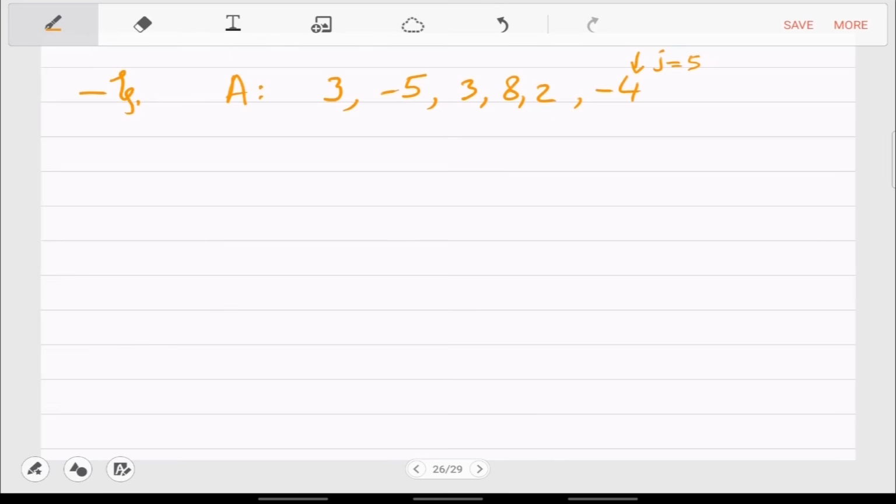So let's write down the values. Okay, let's start from here. So what is S of 0? Yeah, so S of 0 is 3. And what is S of 1? Yeah, so let's see this. Why are you saying S of 1 is